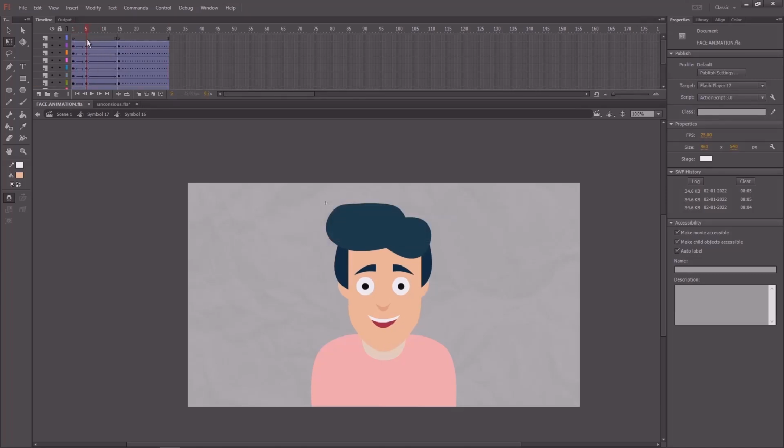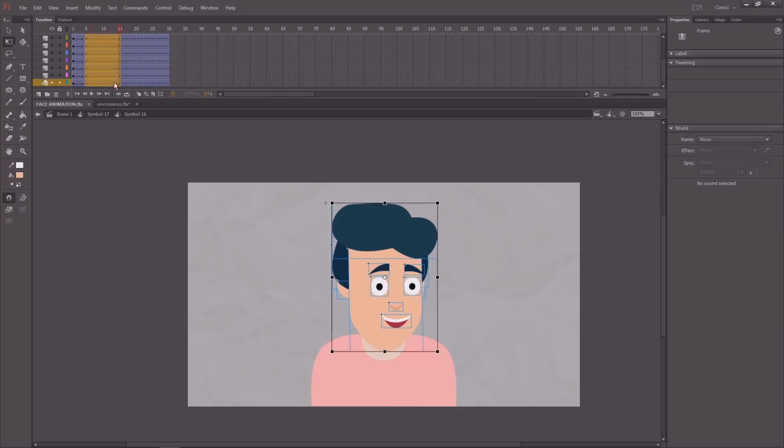Now copy all the keys and paste them on the 20th frame and right click. You can see the reverse option.